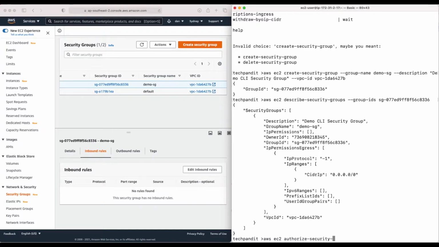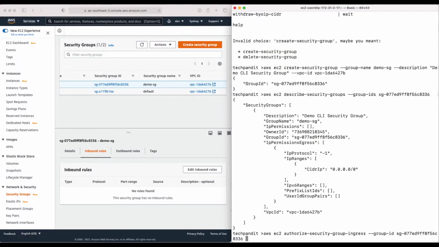authorize-security-group-ingress. So you have to authorize a new security group ingress rule, and the group ID. So the group ID is this group ID which we have created just now, and then we have to provide the rule. So protocol is TCP, then we have to provide the port, it's 22,